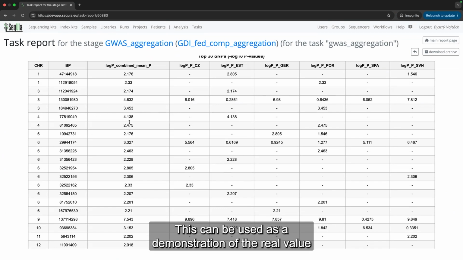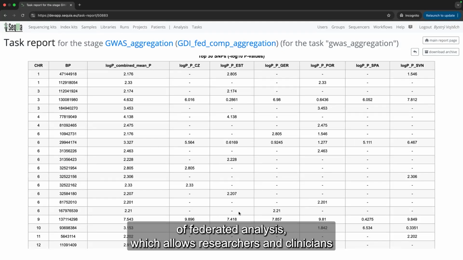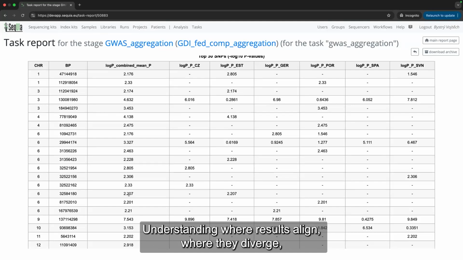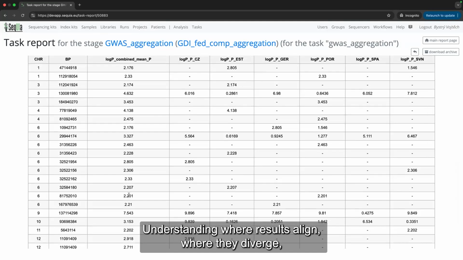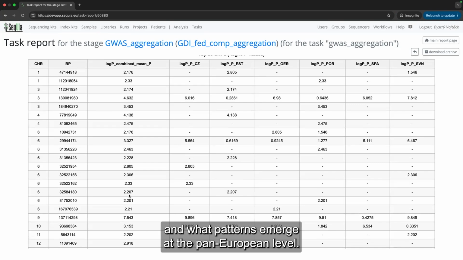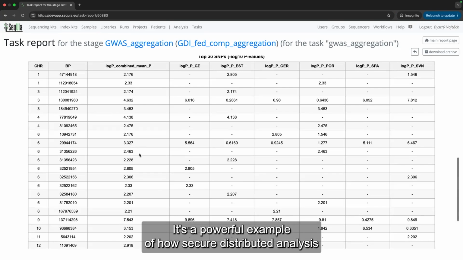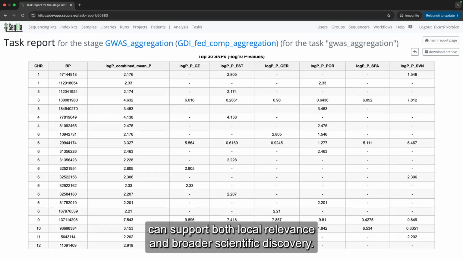This can be used as a demonstration of the real value of federated analysis, which allows researchers and clinicians to gain deeper insights by comparing signals across national cohorts, understanding where results align, where they diverge, and what patterns emerge at the pan-European level. It's a powerful example of how secure distributed analysis can support both local relevance and broader